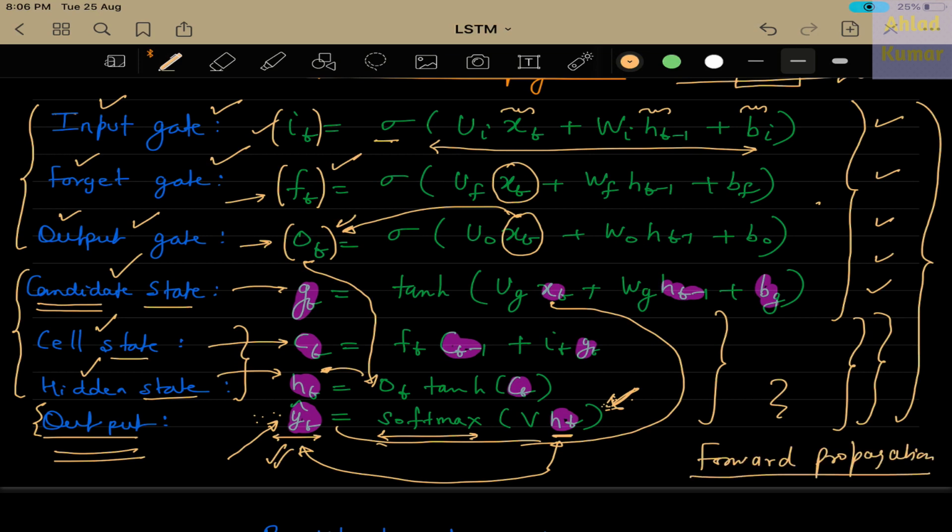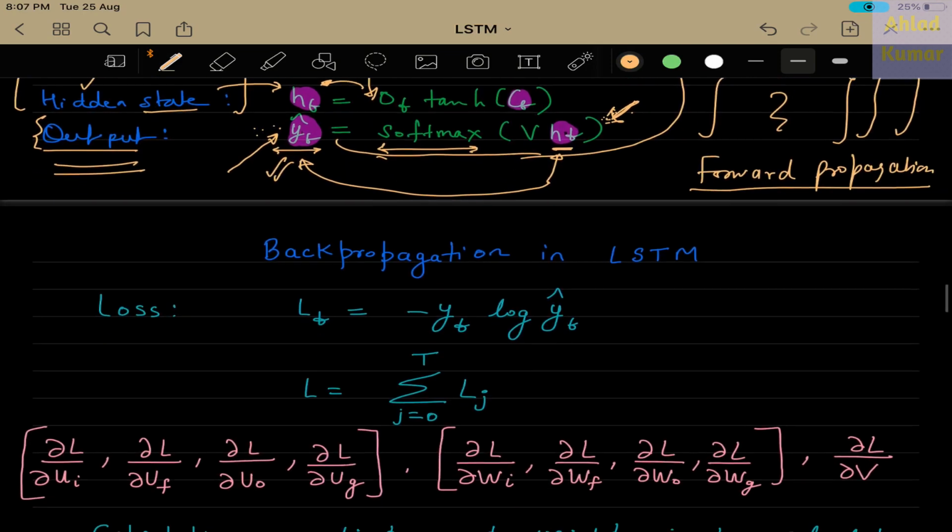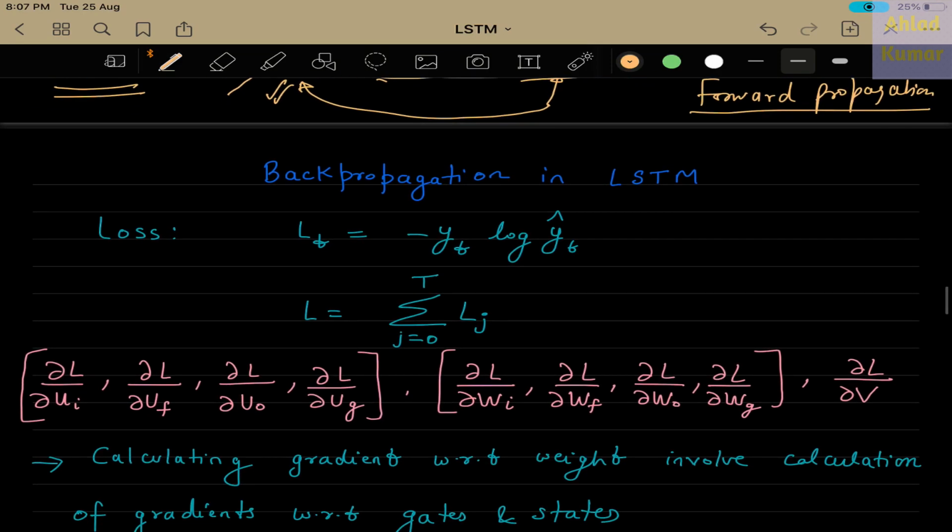Now the second thing is, in order to train the LSTM architecture, we have to go through the process of back propagation. And what is that? In simple terms, if you have this LSTM architecture and you have this input over here, what you are getting at the output is y. So what you are doing now is calculating the loss that you incur at the output, and then you backpropagate the errors.